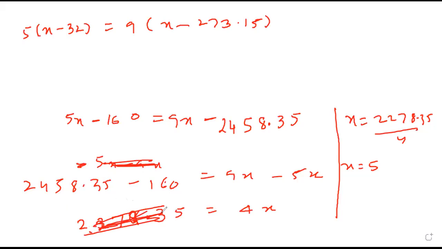कितना है आपको ये टोटल? 2298.35. 15 minus 6, 2298.35. 4 sevens are 28. Then carry 1, 18. 4 into 4, 16. 23. 4 into 5 is 20. Remainder 3, 35. 4 approximated 59, और 6 लिया तो completely divide हो जाएगा. X is nothing but 574.59. So this much Fahrenheit or this much Kelvin are equivalent temperature.